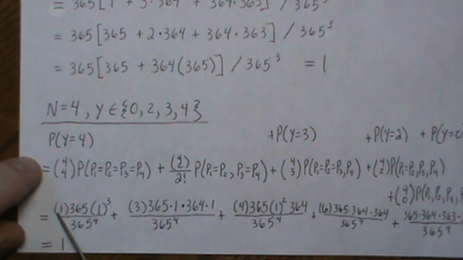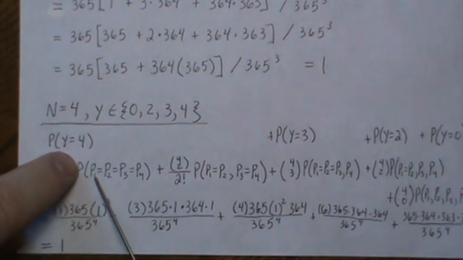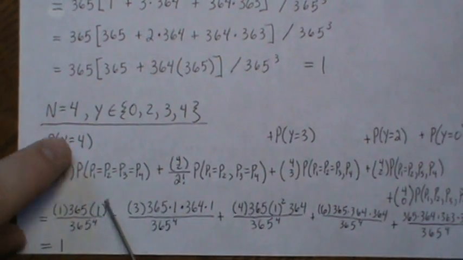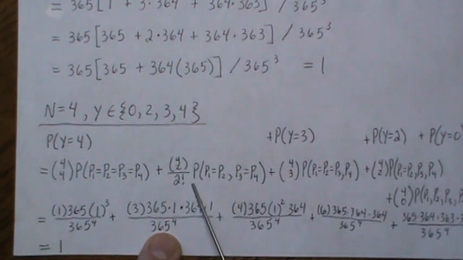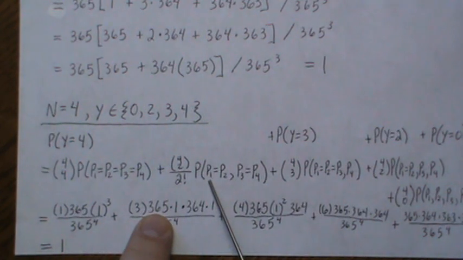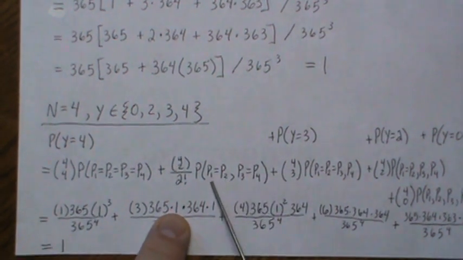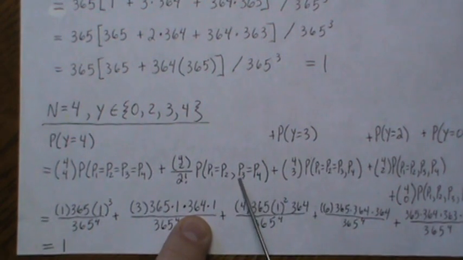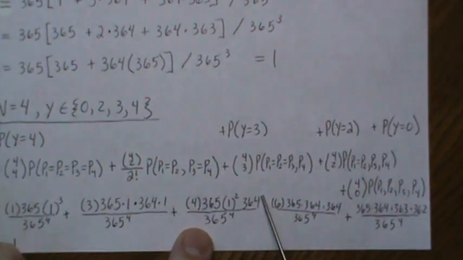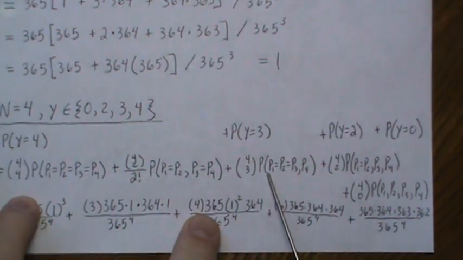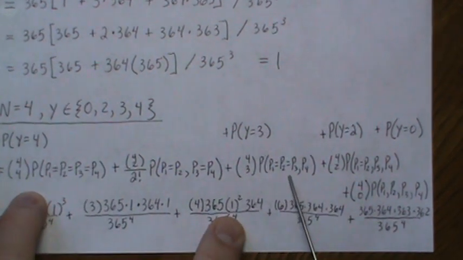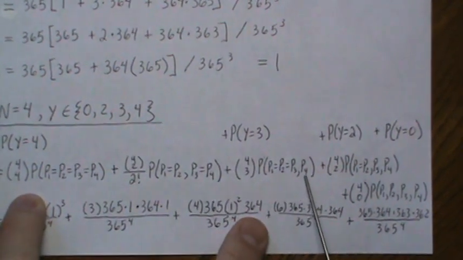So here we have 1. Now this one has 365 days to pick from, but the other 3 only have 1 day because it has to match. So this is this probability. Over here, this is 3, and then this person has 365 days to match. They only have 1 day because they have to match. This person has 365 days. This person has 1. Over here, we have 4, and then this person has 365 days. The next 2 only have 1 day each because they have to match person 1, and then that person has